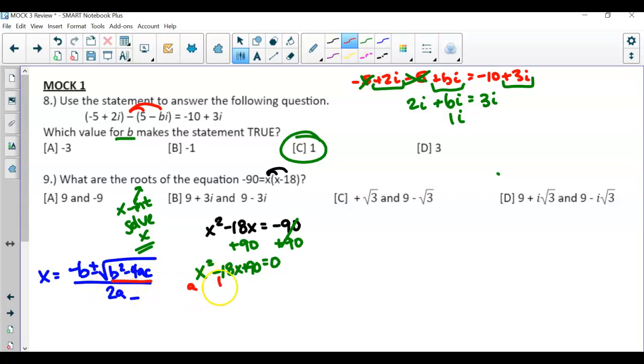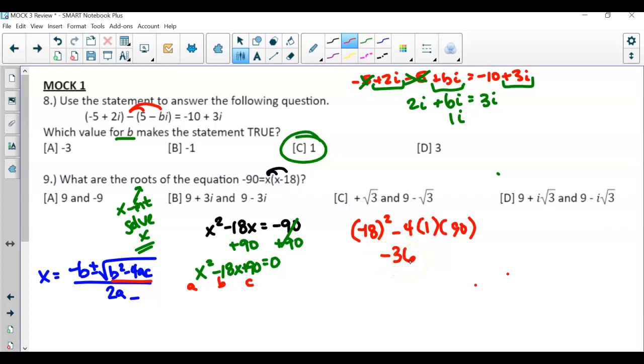So here's a, b, and c. So I've got b squared, which is -18, and then I put a plus, I'm sorry, sorry about that, y'all, it's minus 4 times a, which is 1, times c, which is 90. So now when you simplify here, you will get a discriminant of